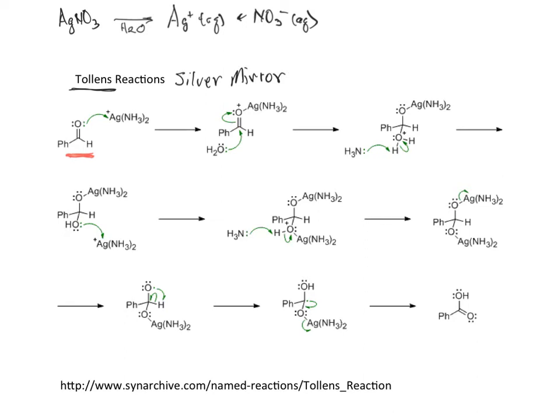And so we will use silver nitrate to get our silver ion in solution, and then our silver ion will react with two molecules of ammonia in solution to make our complex, silver